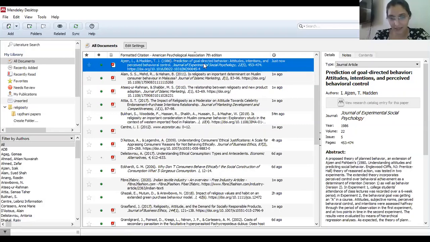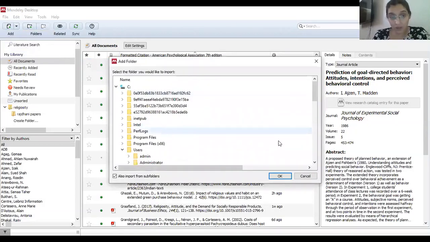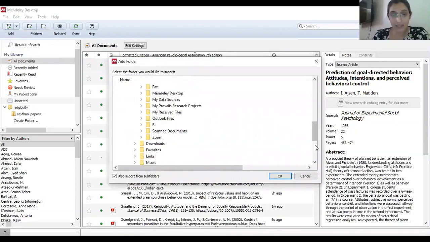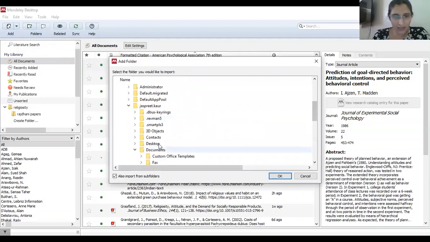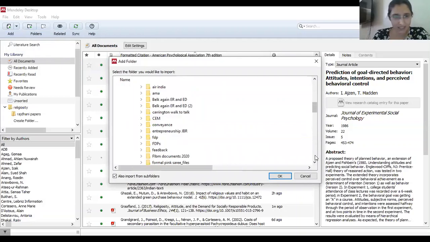Okay, added. Okay, no problem, sure. Added. Okay, let's do the second thing. Add a whole folder. Now I go to add folder and I say, okay, there is a paper I am working on. It is on desktop and the paper's name is materialism, suppose. Or say here I have a paper called entrepreneurship.